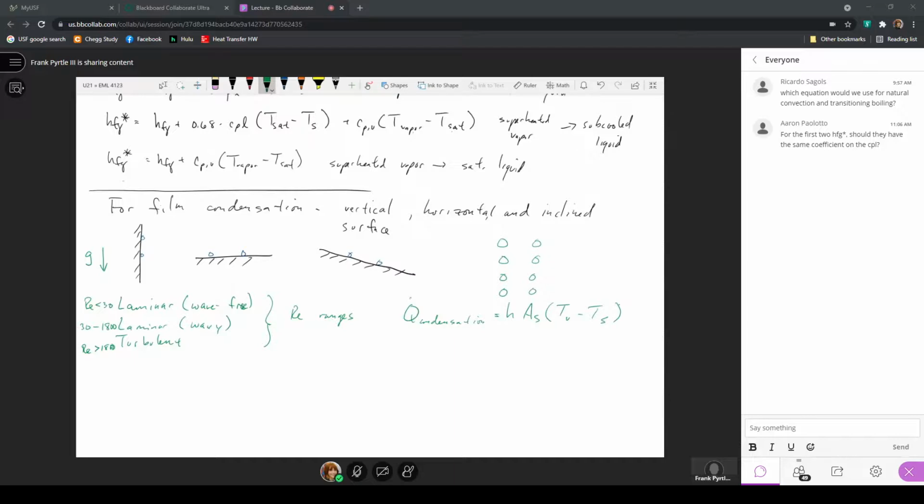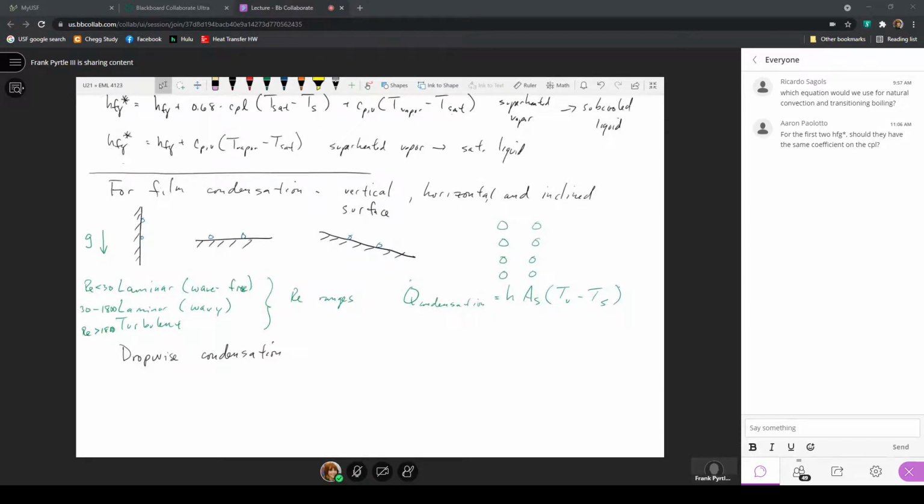So here, just to write for the dropwise condensation. And here, these expressions are specifically for dropwise condensation on copper, because again, this is just a limited presentation in this